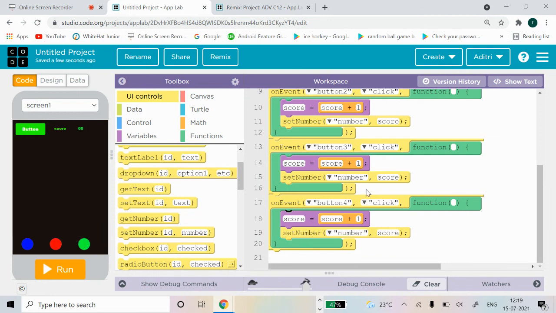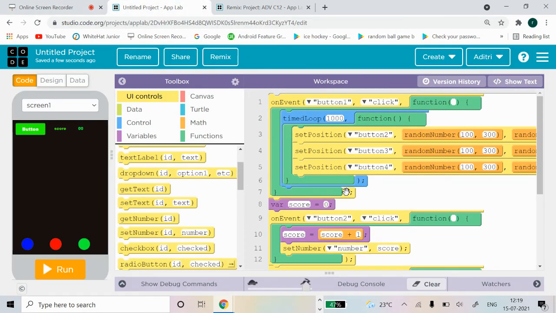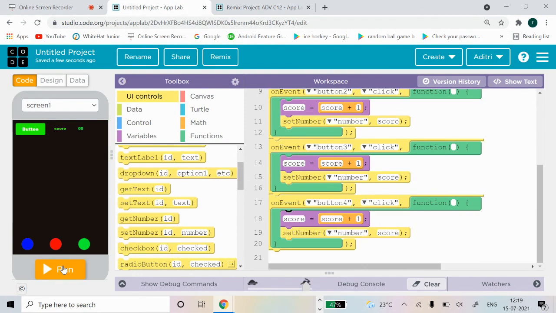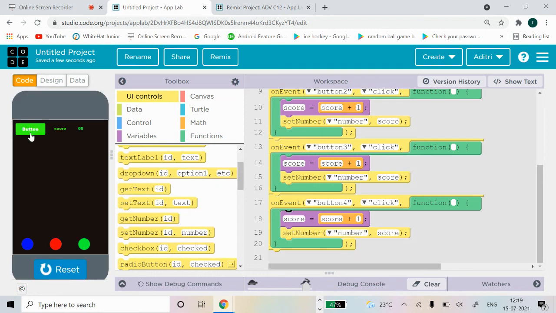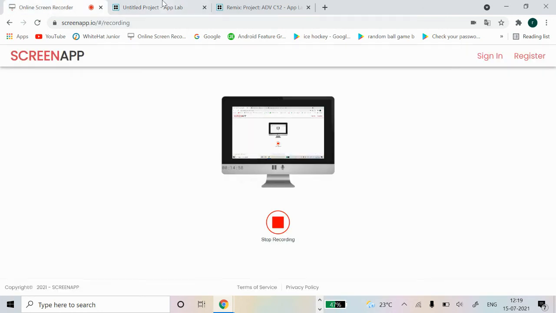When you click, we want the same thing to happen. Okay. Now let's check it out. What will happen? See, the score is increasing, and our ball is going to a random position. Okay, and our code is working perfectly fine now. I'll show you in the big